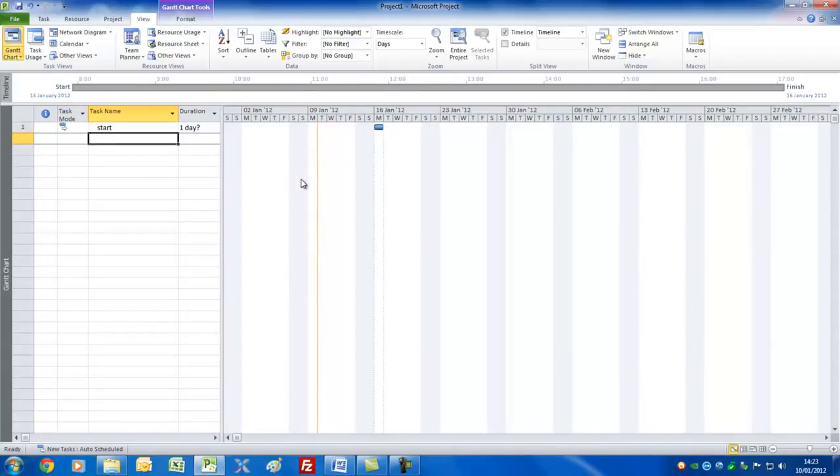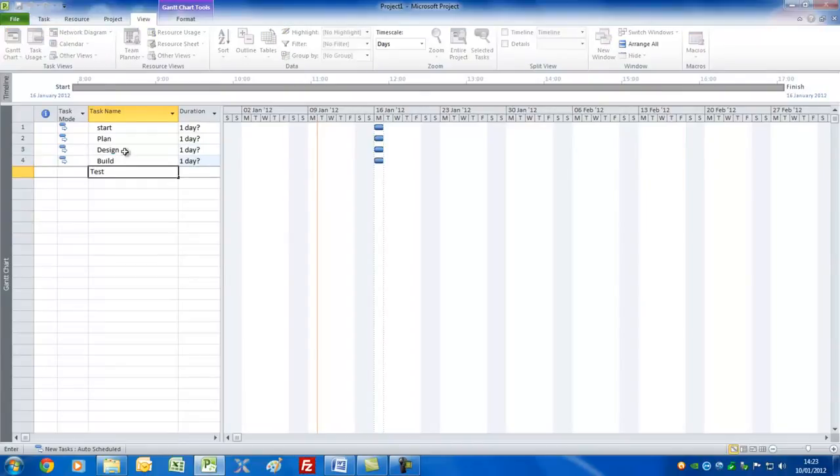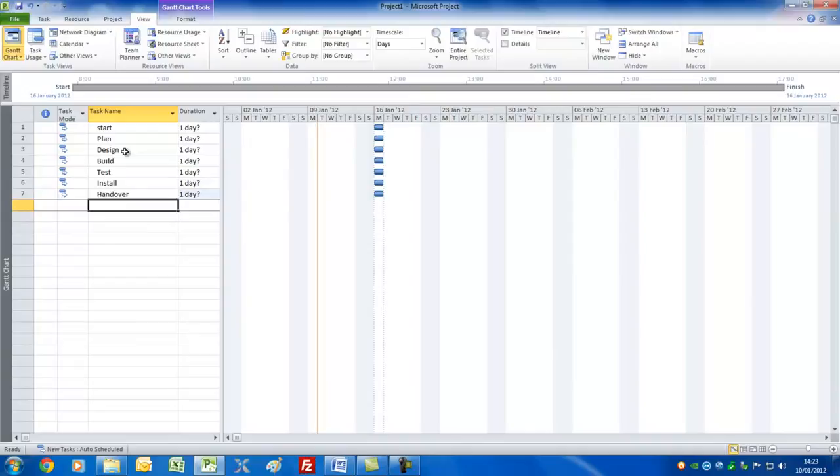Let's have a plan task, a design task, build task, test, install, handover, and finish. Good. Well, as you can see, they've all lined up exactly on the start date of the project,